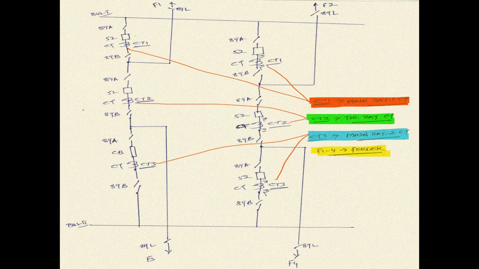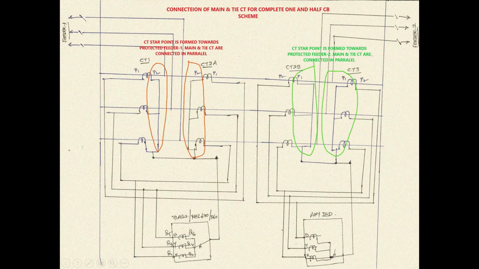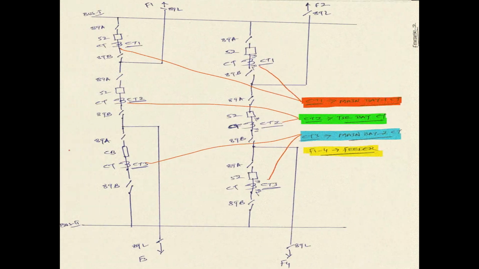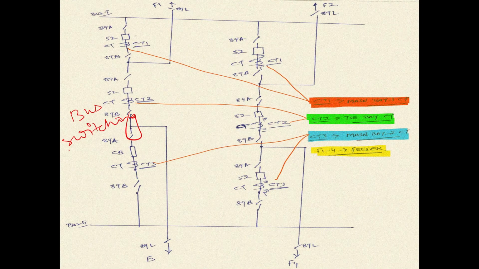And this is basically the scheme of the 1.5 circuit breaker. This I have already explained in one of the earlier video sessions when I discussed the bus switching schemes. I have already covered the bus switching schemes in one of the sessions, so I am not going to discuss this in this session. Now